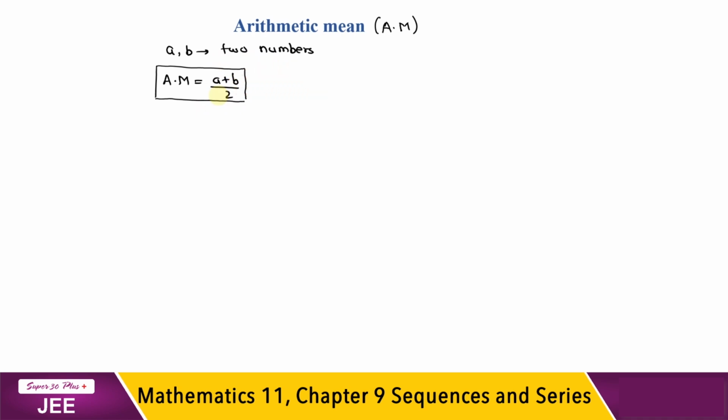This is simply the arithmetic mean of two numbers. Now let us take an example in which we have two numbers, 2 and 6, and we have to find the arithmetic mean. The arithmetic mean of these two numbers is equal to (2 plus 6) divided by 2, as I have explained. So this becomes 8 by 2, which is 4. One can easily observe that if I put this arithmetic mean between these two numbers, the resulting sequence turns out to be an AP.